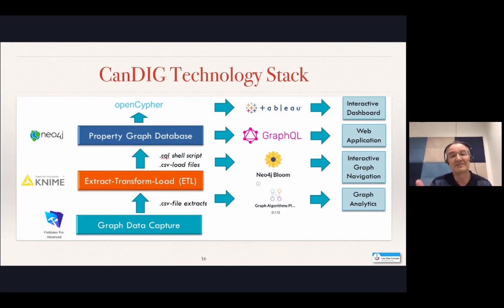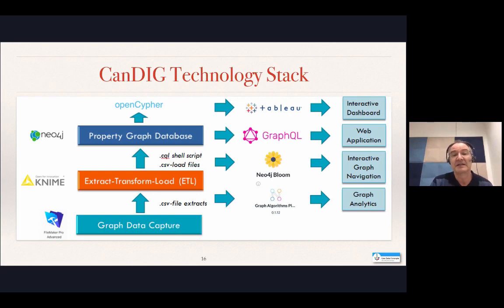So the technology stack that I've been dealing with to build all this is FileMaker Pro Advanced to enable me to write scripts and capture the data initially, the ETL process through KNIME and a load script, getting it into Neo4j, and then I had the ability to write queries through Cypher that lets me actually answer the questions that I set out in the very beginning